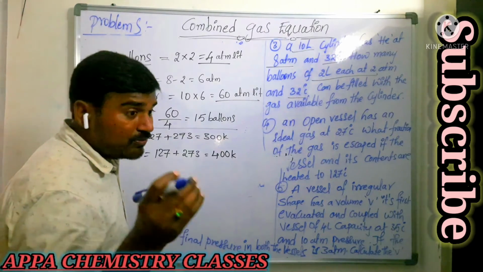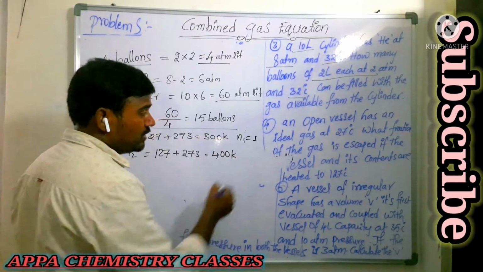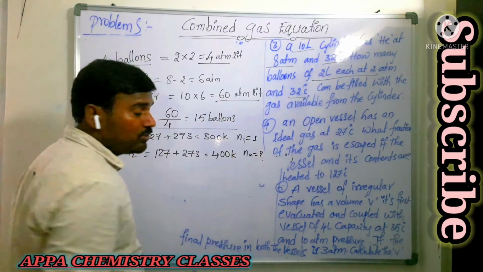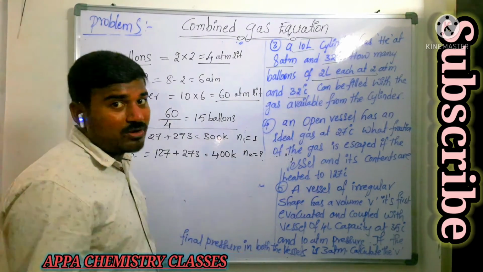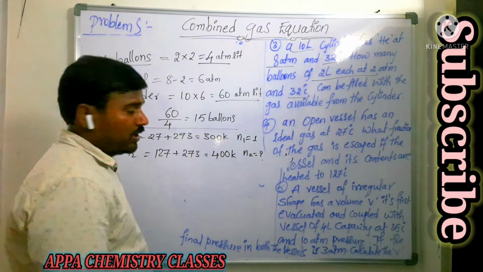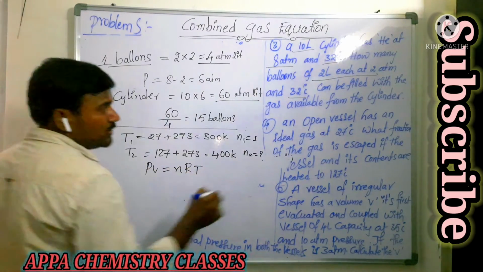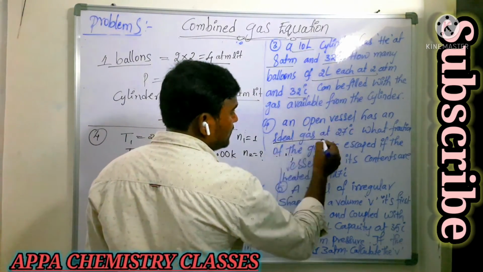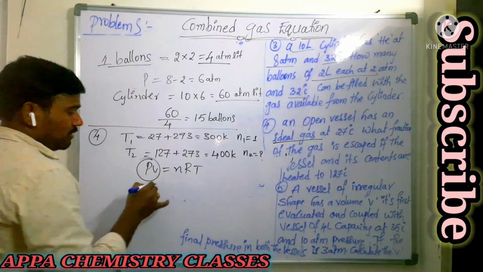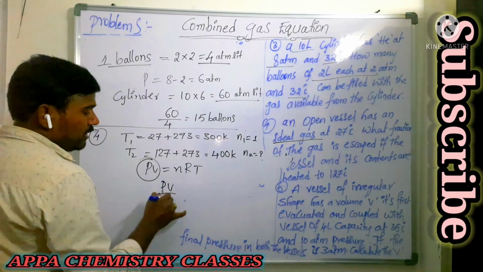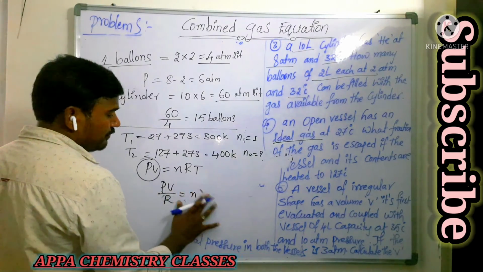They are not asking what fraction of the gas is present in the vessel. Say for example, initially we have one fraction of gas present, and we have to calculate the number of moles. To get the escaped amount, first we should know how many moles are left over after heating to 400 Kelvin. If you are taking PV equals nRT, what they are saying is your open vessel has an ideal gas. For a fixed amount of ideal gas, PV by R is equal to a constant, that is n into T.